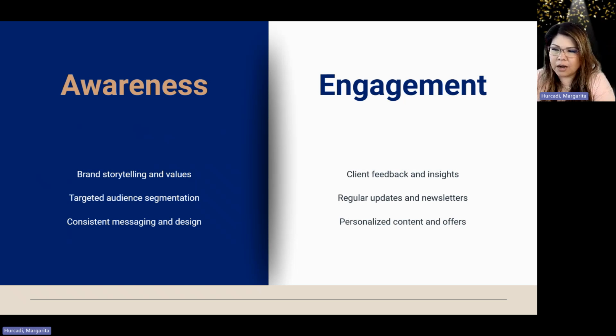And then target audience segmentation. It also allows you to hyper focus on who your audience is. So if you're wanting to send a newsletter out specifically to first time home buyers, or if you want to send it specifically to broker owners, the scenarios are endless. So ensuring that you know who you're trying to reach will make the newsletter more relatable,